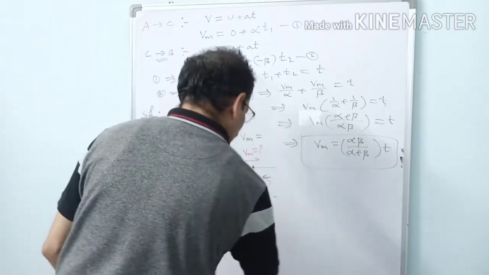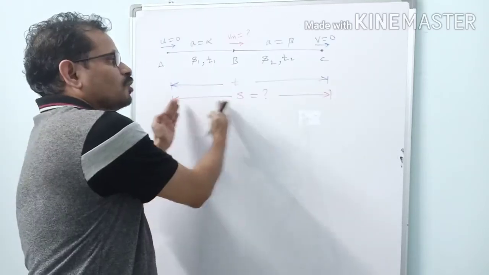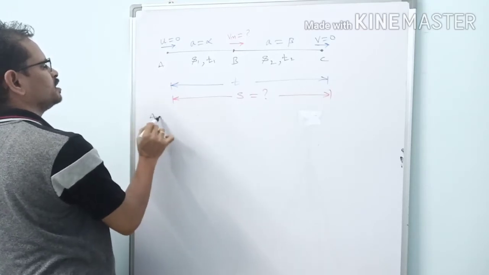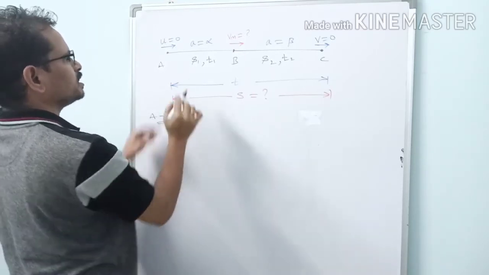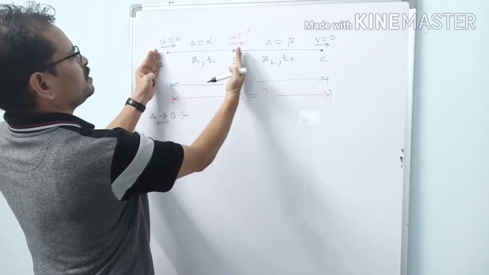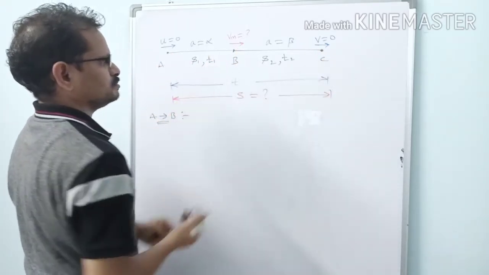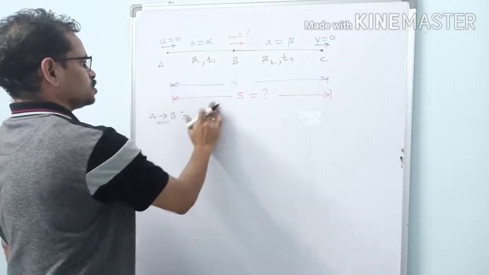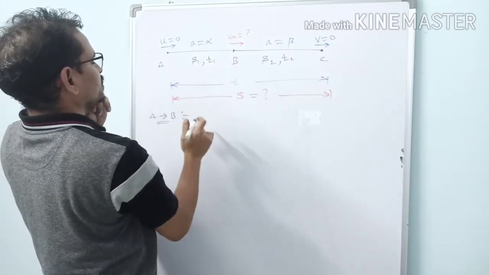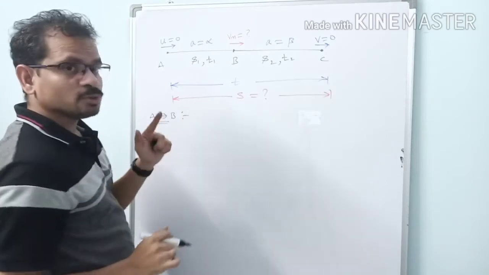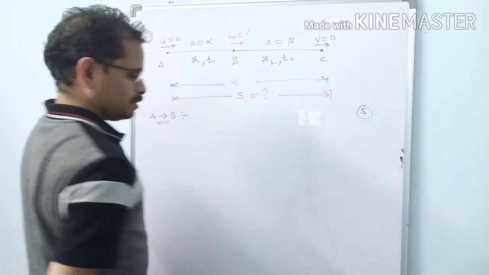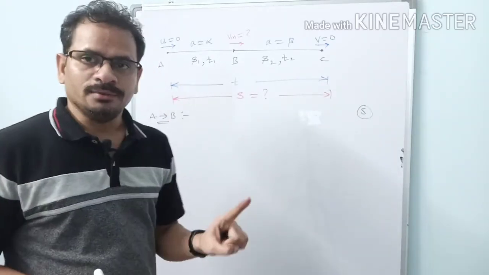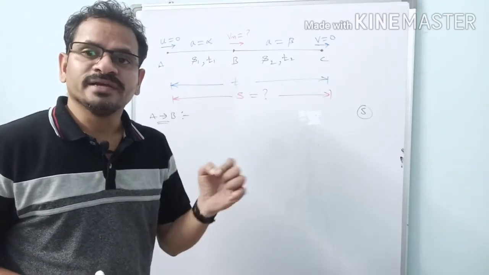Okay, now we have to find the total displacement. Let us consider the A to B part of the journey. Let us assume this part of the journey has distance s1 and this part has distance s2. You can find s1 separately, find s2 separately, and add both of them to get the total distance. It's very simple. Which equation shall we take? The quantity to be found decides it, and the given quantities.